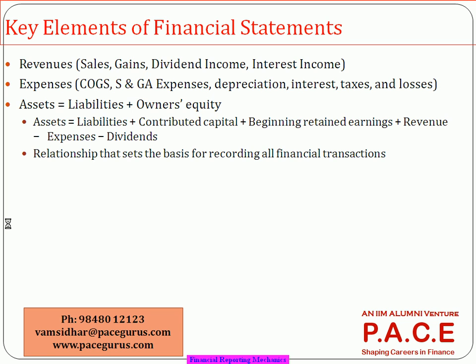And similarly, when it comes to the income statement, we are clearly identifying the revenues. What is coming during the particular year? Sales, right? What is the sales during the period? What is the gain that has come during the period? I have sold some of my investments. Other income, basically. These are all non-operating kinds of incomes. In terms of, let's say I have sold some of my investment. I have purchased